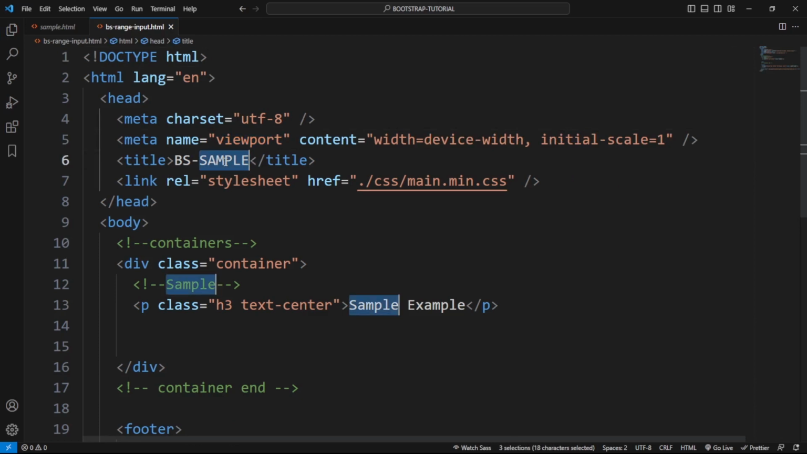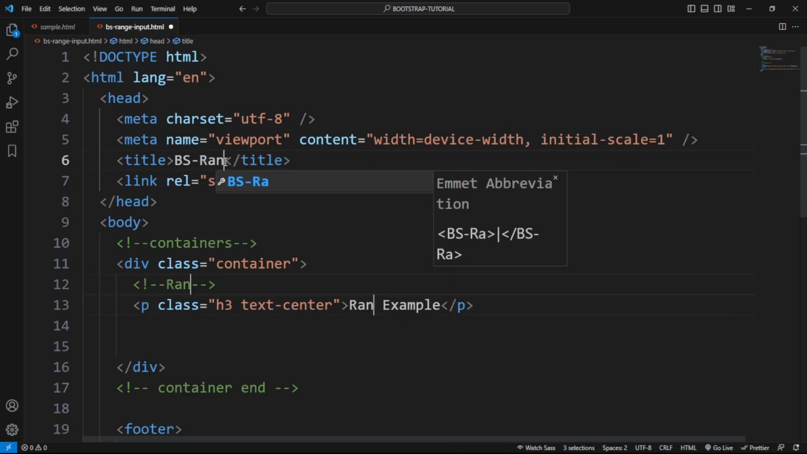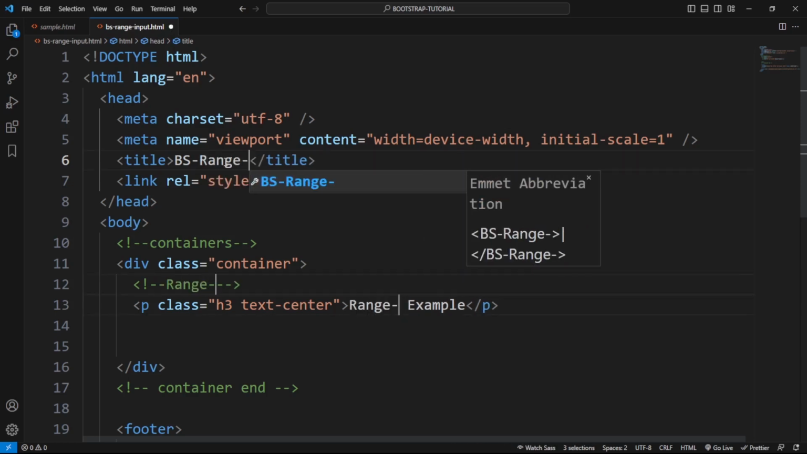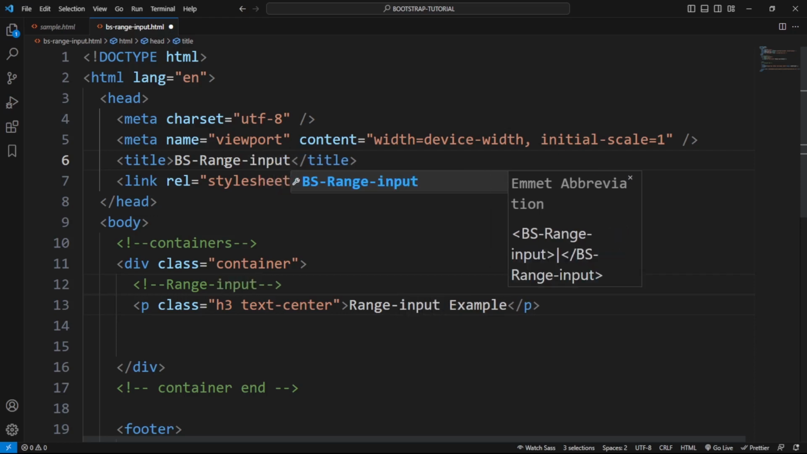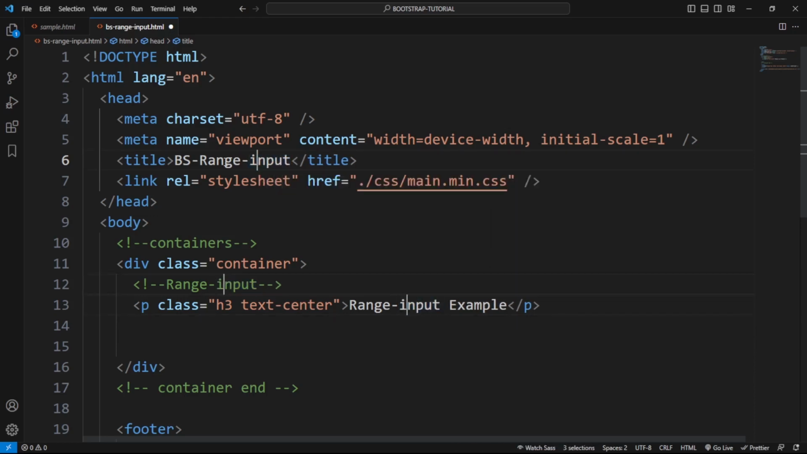And now I am going to replace it with range input, and let's capitalize this I for now. Hit save, and now let's open this range input.html in the browser with the help of this live server extension,